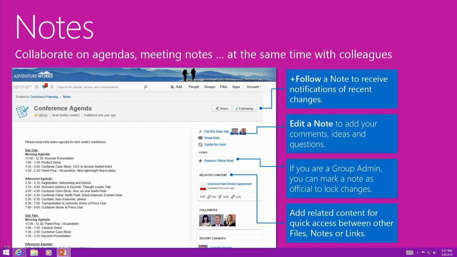So notes are a great way to collaborate in Yammer. Now, again, there are lots of other great tools that Microsoft has, that your company might have to do something similar. So it just depends on your use case as to whether or not notes are going to be of value to you. I find them wonderful because they're right there in the group. You can joint edit with up to 12 people. You can go back and see the different things that they've done in those edits. So I can see if John's made a change and I want to ask him about it, I know that he made it, and I know who to ask.